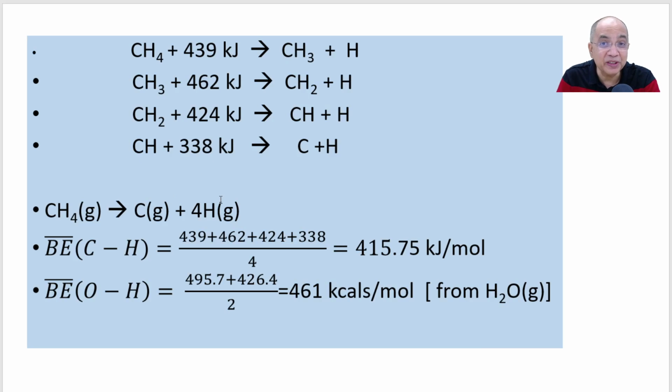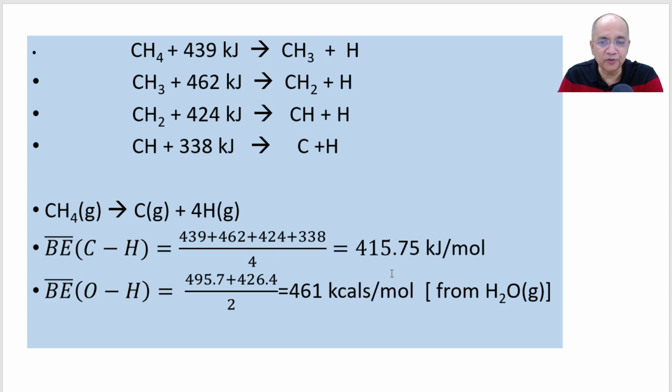Now, I have given you the data for your appreciation. The first C-H bond you break needs a little less energy. The second one, much greater. The third one, again less. And the fourth one is the least. And if you add all these and take the average, you will get the average C-H bond energy in methane